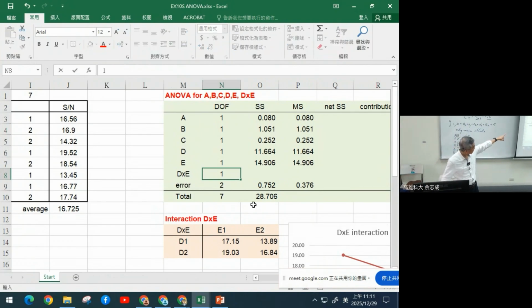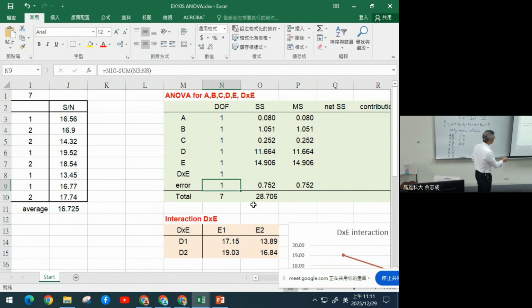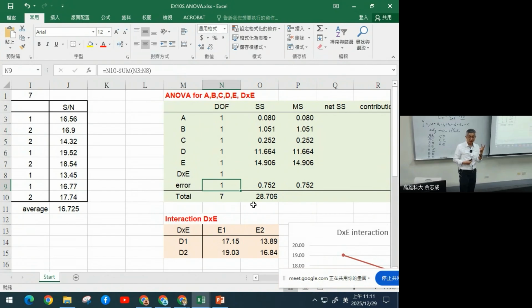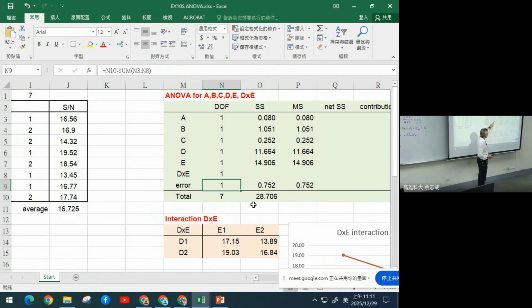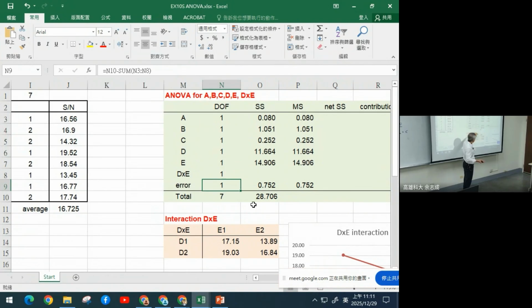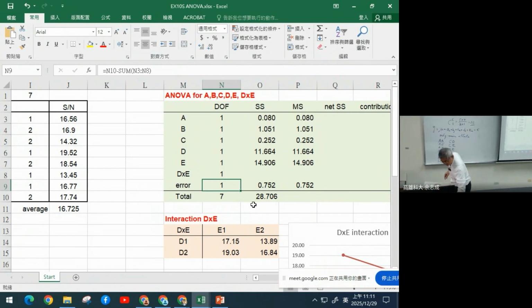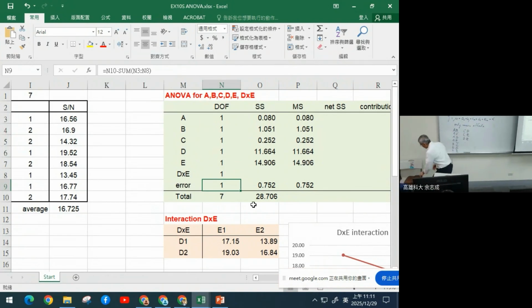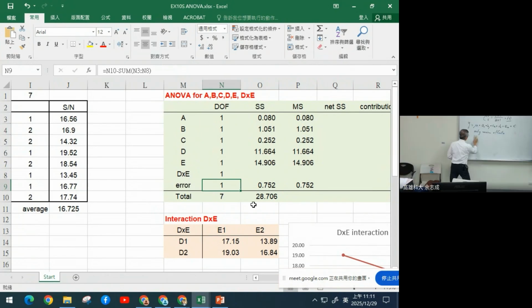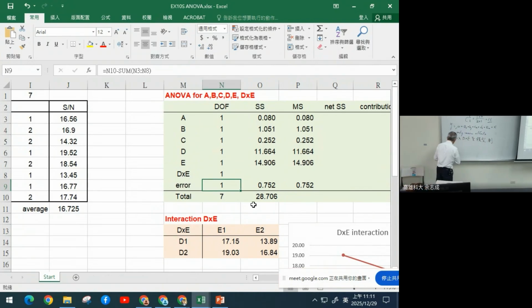Okay, look very carefully on the screen. What changed? The degree of freedom for error changed. It was 2, right? Now it only has 1 degree of freedom. It changed from 2 to 1. Why? Because in the new model, if you want to consider, the model will become